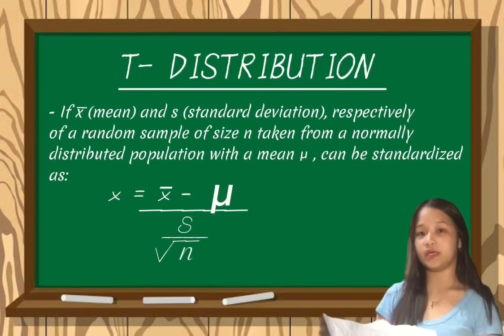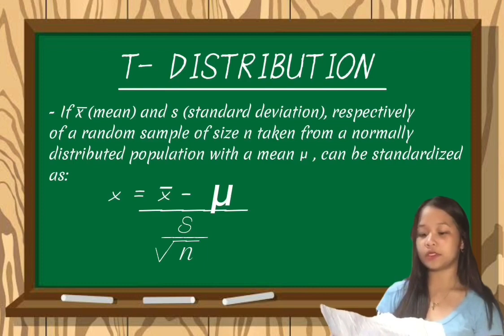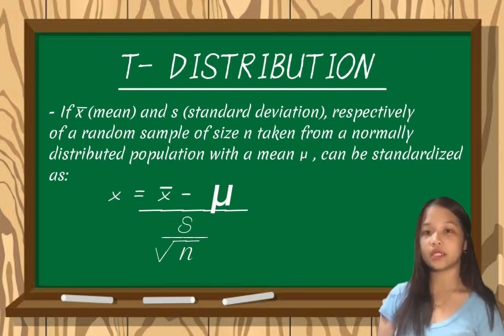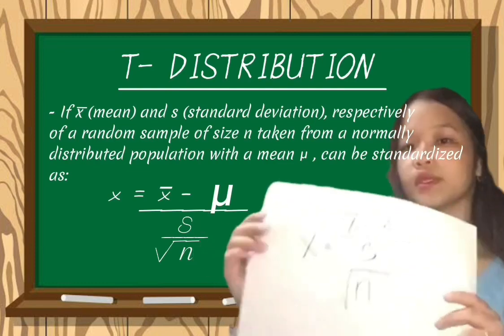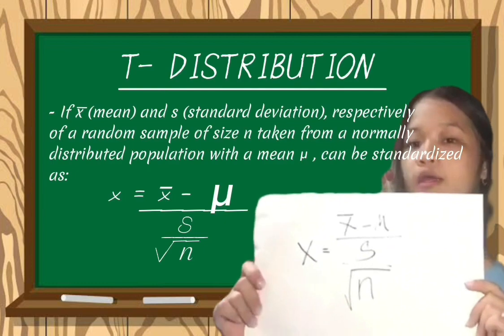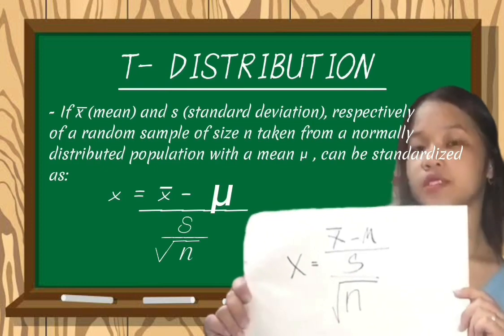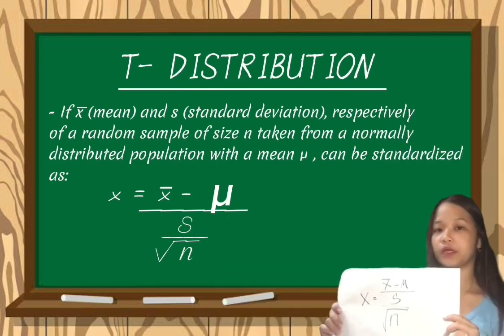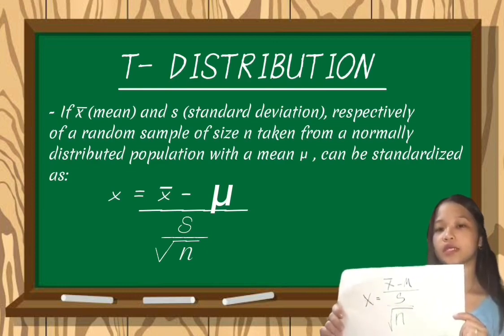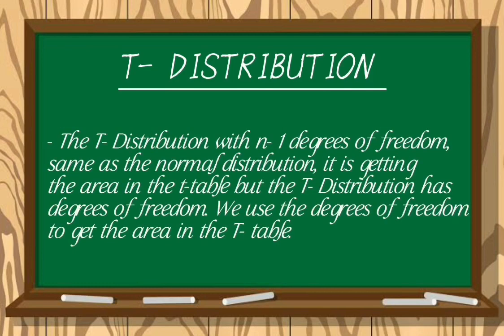If X bar is the mean and S is the standard deviation, respectively, of a random sample of size n taken from a normally distributed population with a mean mu, it can be standardized as t is equal to X bar minus mu over S over the square root of n. We use this formula if the sample size is less than 30 or if the population standard deviation is not given. So, the T distribution with n minus 1 degrees of freedom, same as the normal distribution, is used for getting the area,